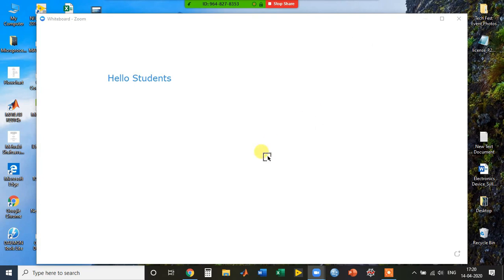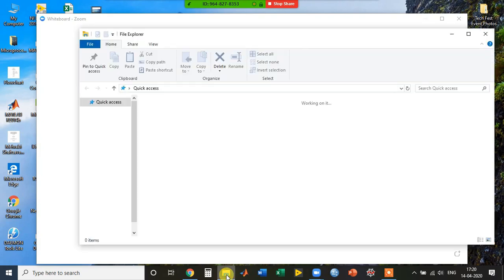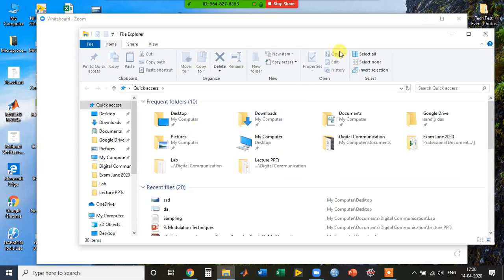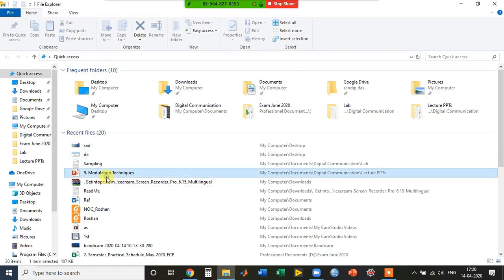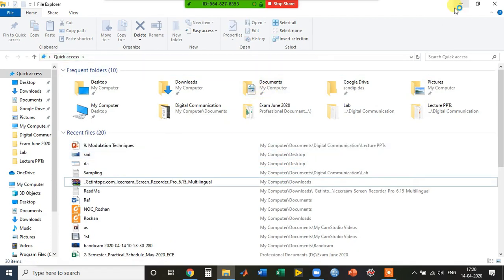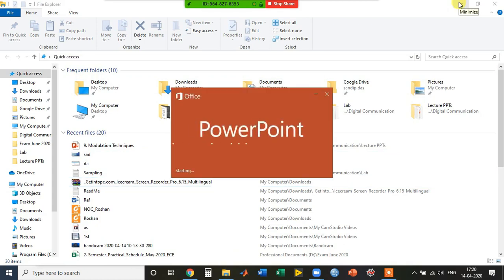Similarly, instead of using the whiteboard, we can also share any kind of data like a PDF or PPT. So I will try and share this PPT. To share the PPT or any PDF, you need to first open the file that you want to share.